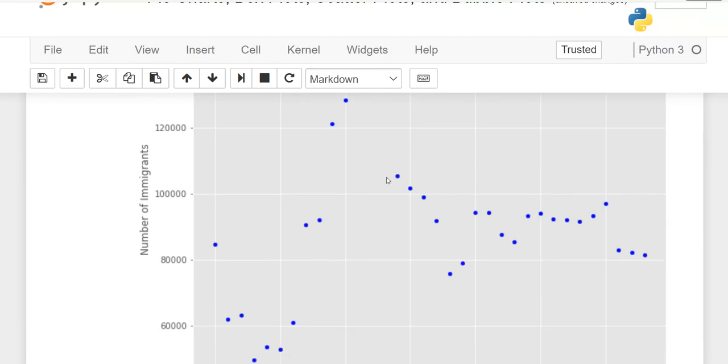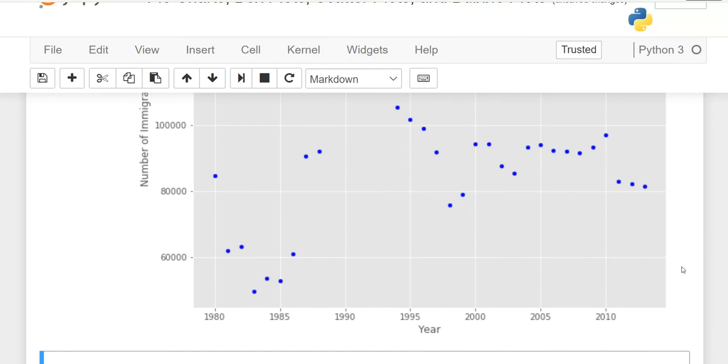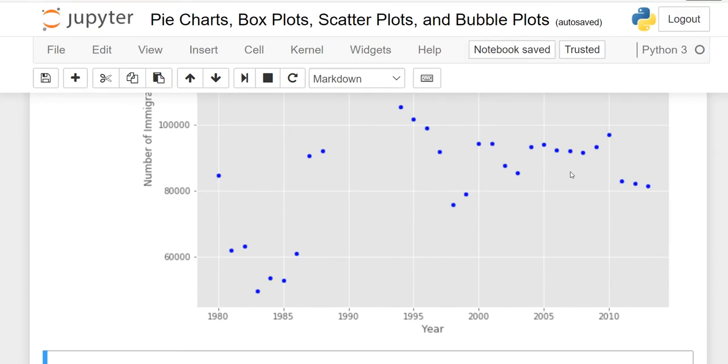As I said, the line plot and the scatter plot are more or less the same, but here we do not have any line. But with the help of this, you can present this to your audience. It is pretty much clear. With the help of this graph, we can say as the number of years increases, the number of immigrants also increases, right? It means there is a relationship, a positive relationship.